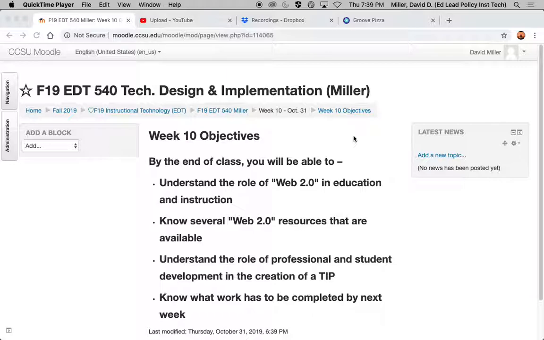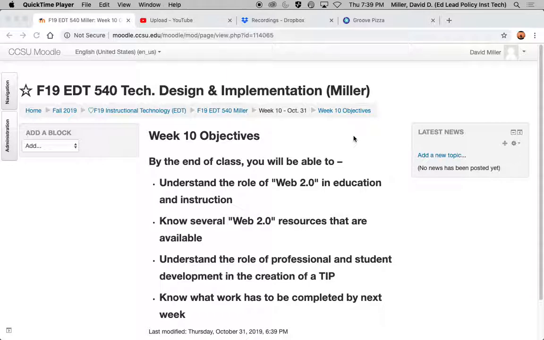Even if it's maybe not an app that relates directly to what you teach, you can start to get an idea of the kinds of things that the interactive web can offer, because that'll give you yet another resource that you might be able to integrate into your Moodle if you're looking for additional activities or additional things to have your students engage with, that you can then sort of embed in your Moodle. So that'll be the second part. And then, like I said, the remainder of the evening will be about just getting some lab time on stuff.